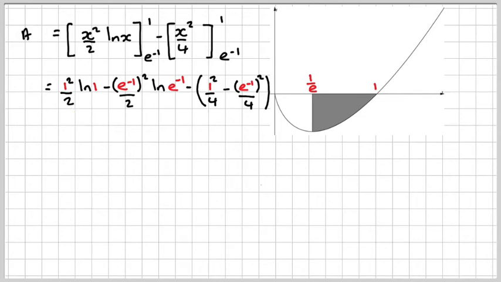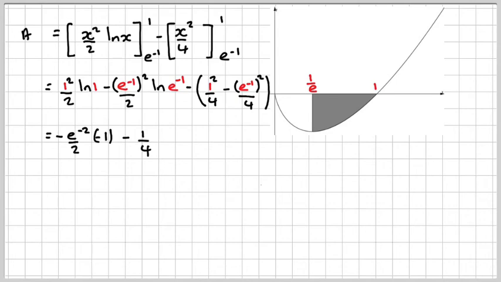Well, this is 0. So here we're going to have e to the minus 2 over 2. And for ln of e to the minus 1, if you bring down the minus 1 in front, like you can do with logarithms, ln of e is 1. So we're going to have minus times a minus, so minus e to the minus 2 over 2 times minus 1,